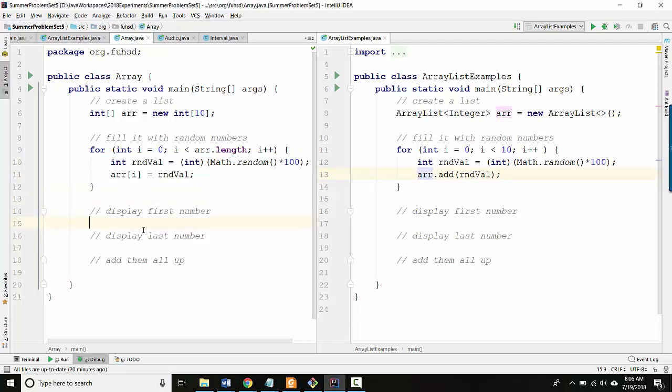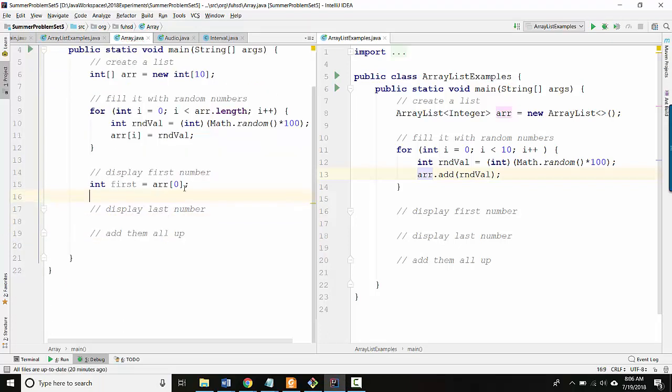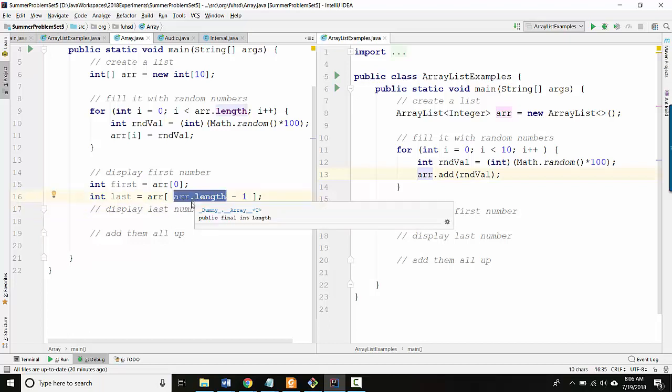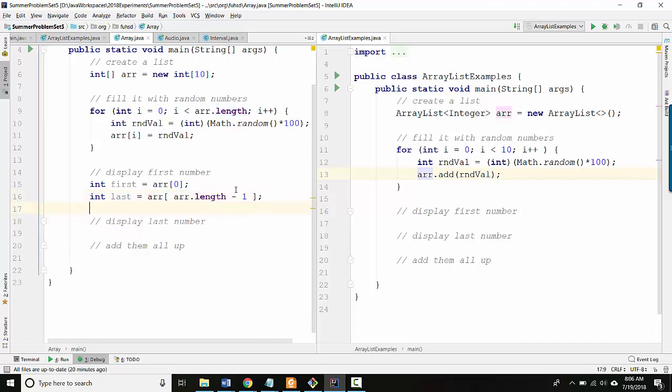Okay, so let's get some things out of the list. So I could say int first equals array[0], because that's location 0, that's the first thing in the list. Int last equals array, and now I have to think what's the last valid location of my list. So it's going to be array.length minus 1, because array.length is how many things in the list, but because we start counting at 0, array.length minus 1 is the location of the last thing. So if I want to do that same pattern now